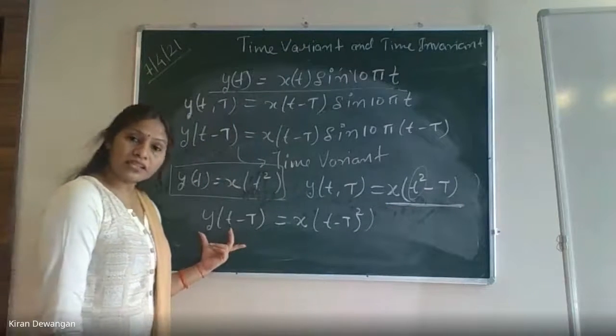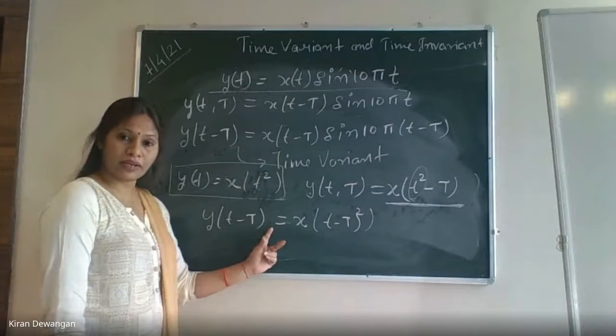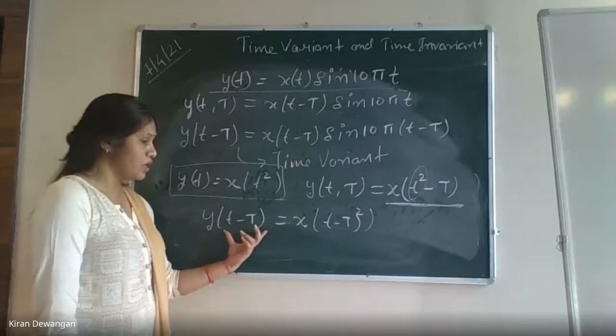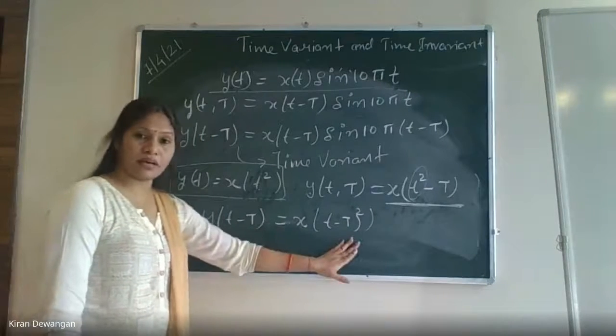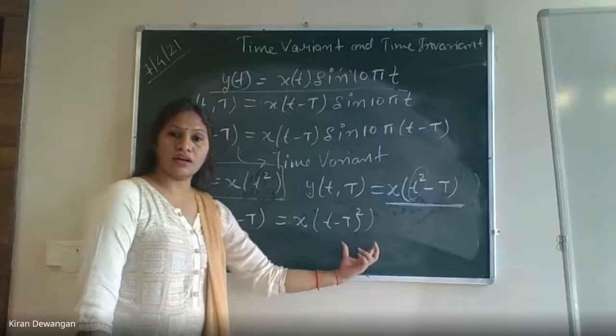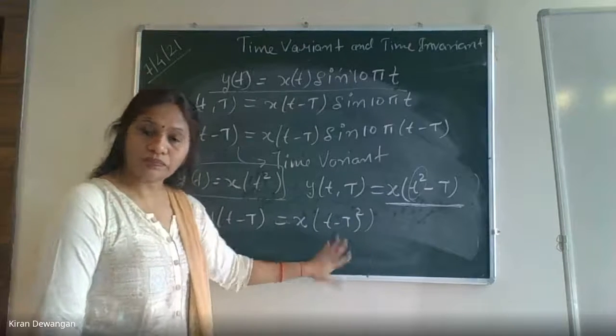Now when we are applying shift in the output में हम लोग कर रहे हैं, तो it will be t minus t, capital because t minus t हो रहा है. तो whenever it is t, it will be t minus t. That is a different thing. यहीं पर ये applicable होगा. x of t minus t का square हो जाएगा. So since these two are not same, it is a time variant system.